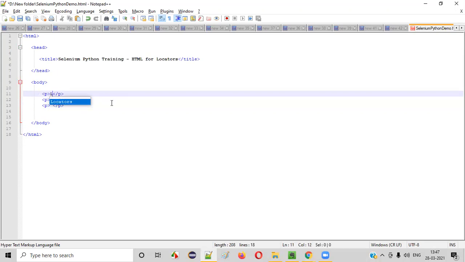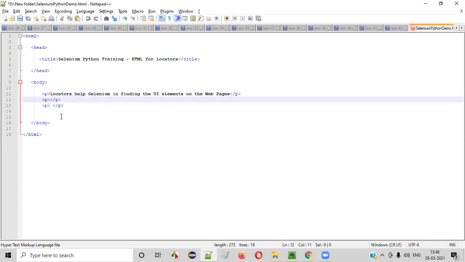I'm typing something, guys. Locators help Selenium in finding the UI elements on the web pages. Another paragraph I'll write.